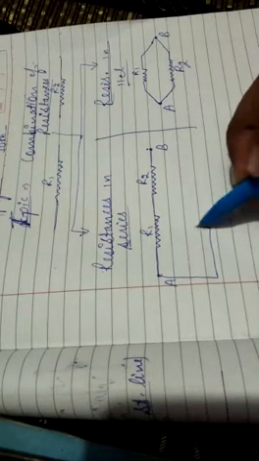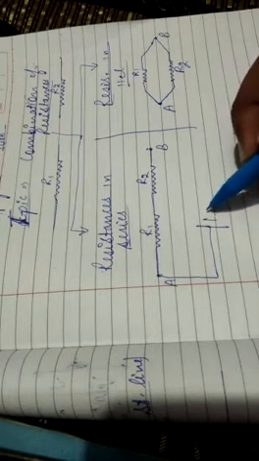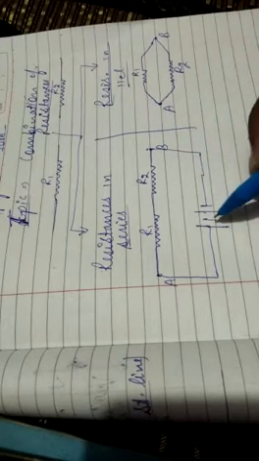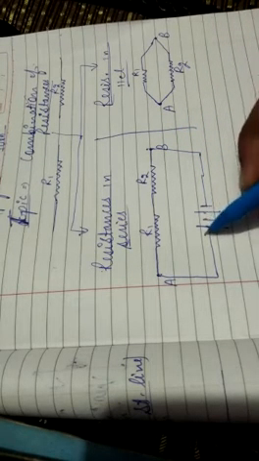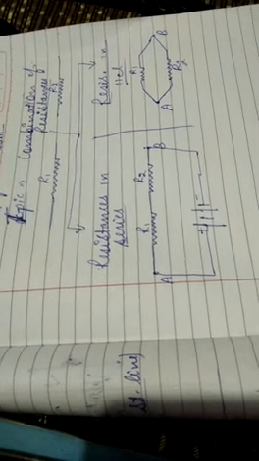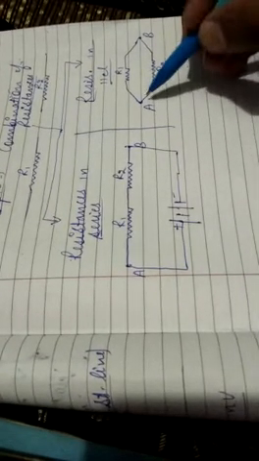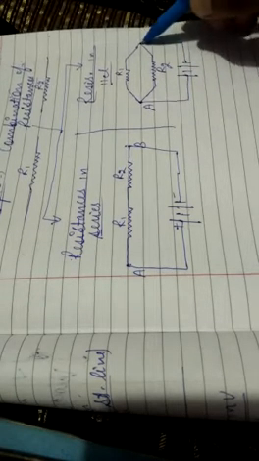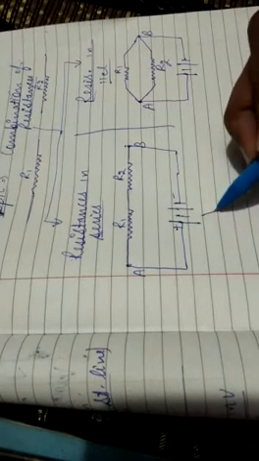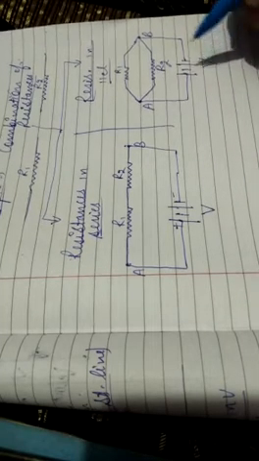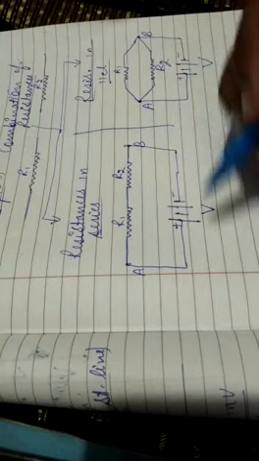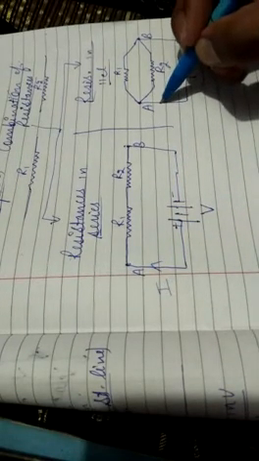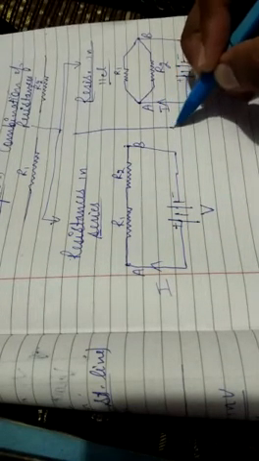Now look, both are attached with a battery or cell. Let me draw a battery. You know how to draw a battery, that you know very well, where I have arranged two cells here, plus with minus. The same battery is attached here, having potential difference V. Now, for example, there is a current I going in this part. Same is the case here, current I is reaching there.